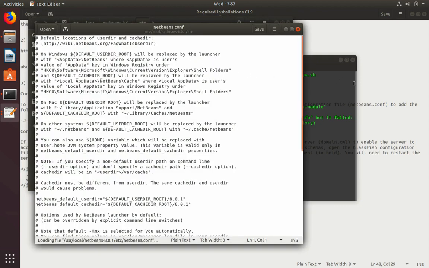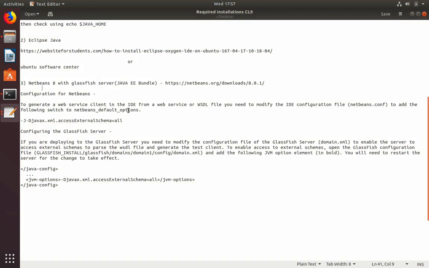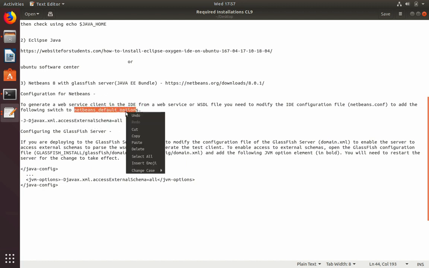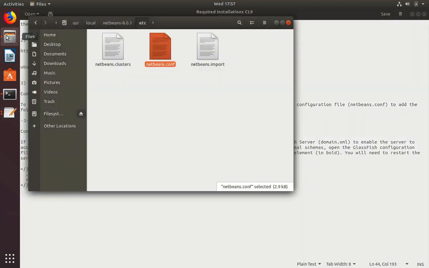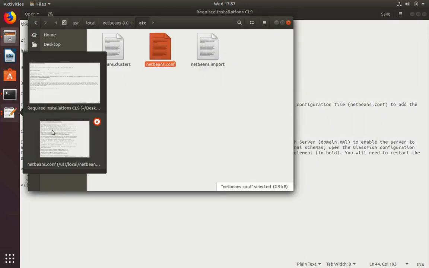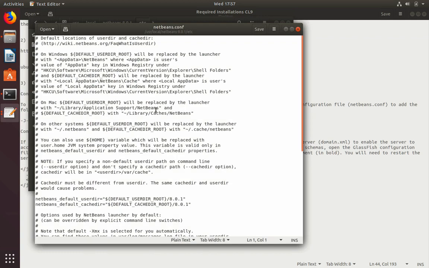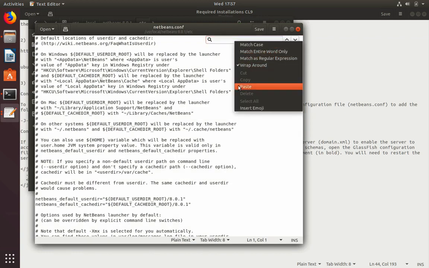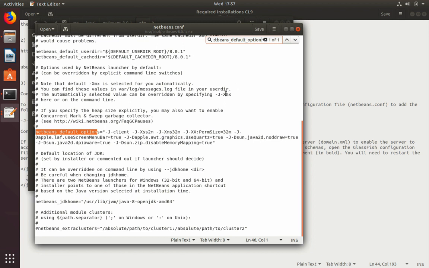Check the doc. Here we have to find NetBeans default options. Copy it. Open netbeans.conf. Search for the text you just copied. Okay.